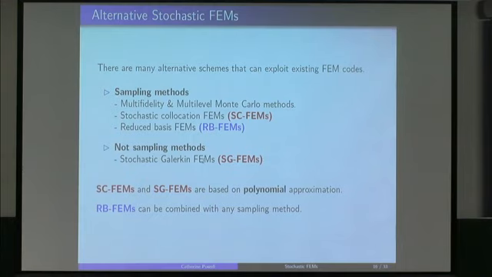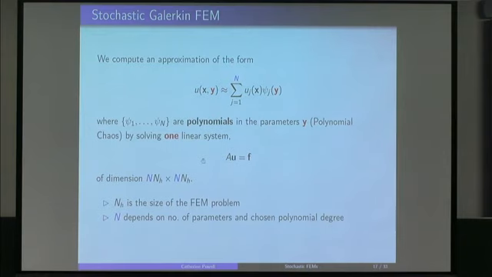Reduced basis methods, I think, are quite attractive for anybody who does need to work with black box codes, because they can be wrapped around existing sampling scenarios quite easily. So I just wanted to pick on a couple of these methods to describe, in a very high-level way, what's involved if you want to do the computations a slightly different way.